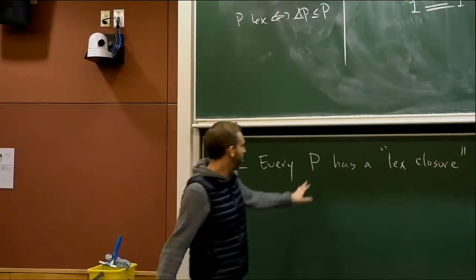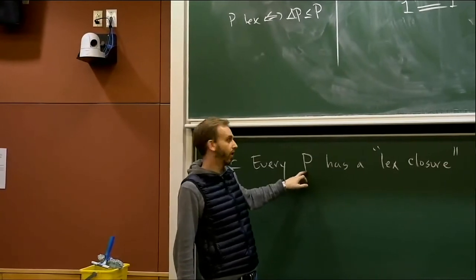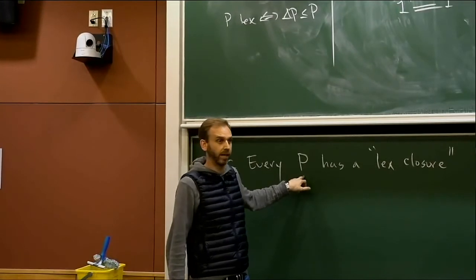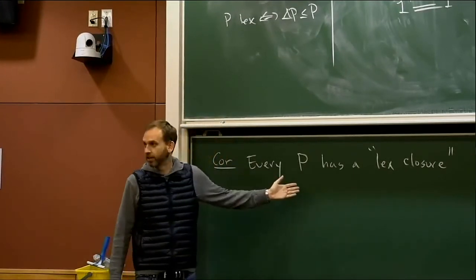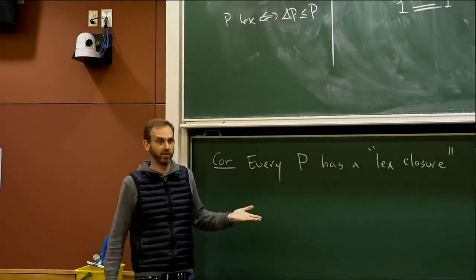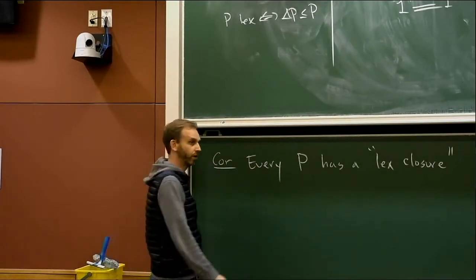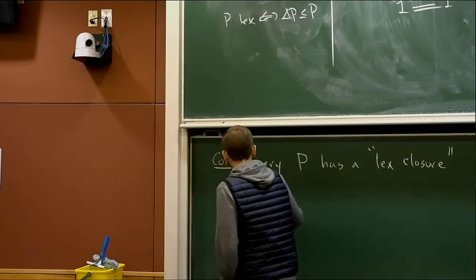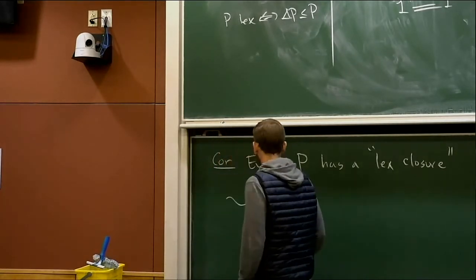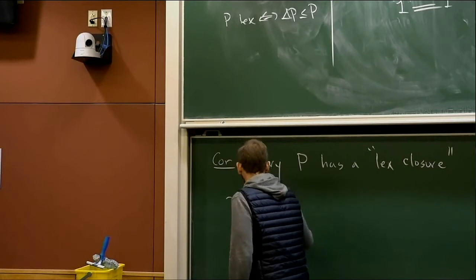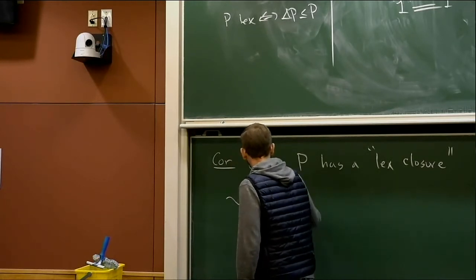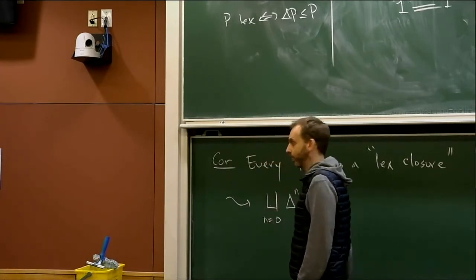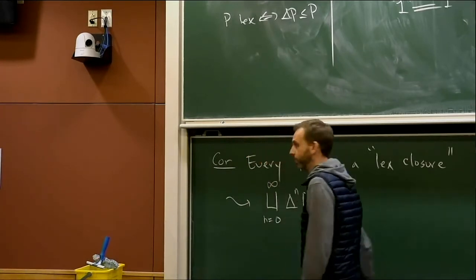And it's Lex if and only if all of the diagonals of P are also forced to be contractible. But I can force that condition to be true by just adding all of the diagonals of P. I could give a nice recursive definition, but let me schematically say that if I take the disjoint union of all the diagonals of P, from n equals 1 to infinity,